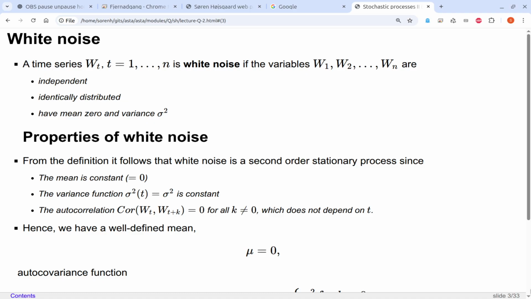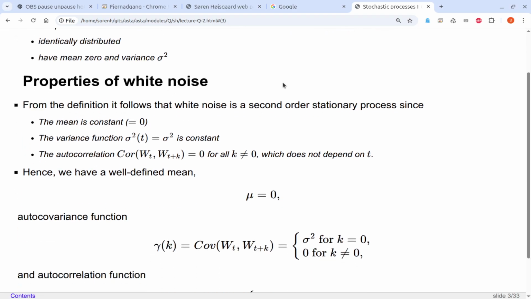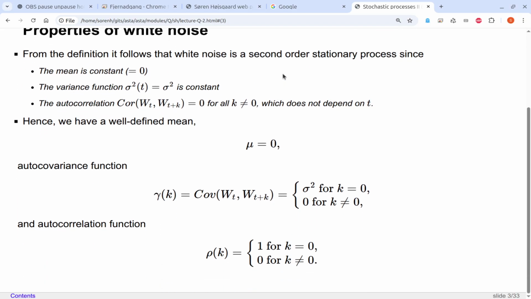So white noise, independent components W1 up to Wn, identically distributed, zero mean and variance sigma squared. So it's a stationary process, very well behaved,